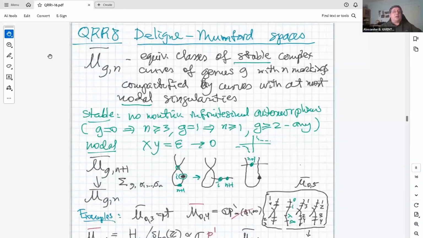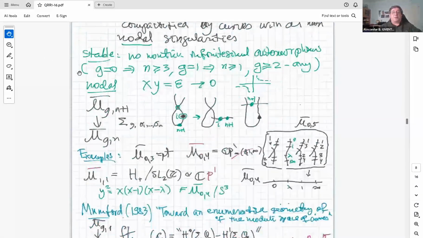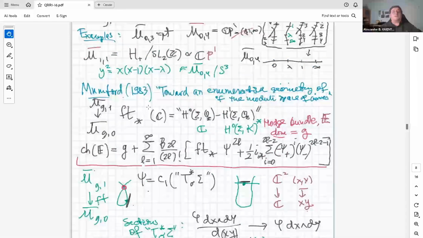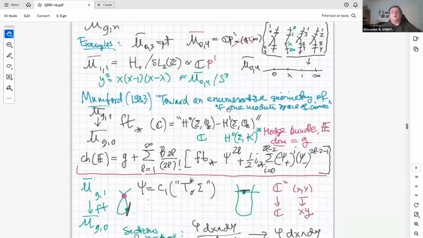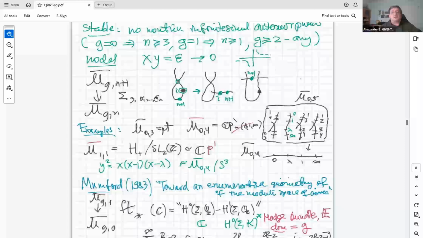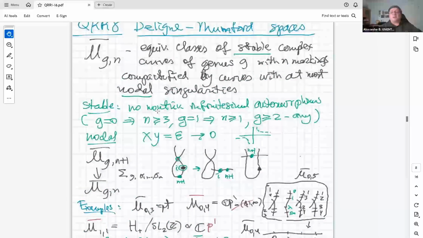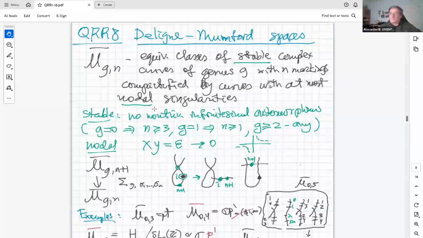Okay. So now I'm going to talk about applications of the Grothendieck-Riemann-Roch formula. Two applications, actually. First is the one given by Mumford in his famous paper of 1983, Towards an enumerative geometry of the moduli spaces of curves. And the other is a generalization of the result by Faber and Pandharipande to the context of Gromov-Witten theory. But let's start by going closer to the actual subject of Gromov-Witten invariants,